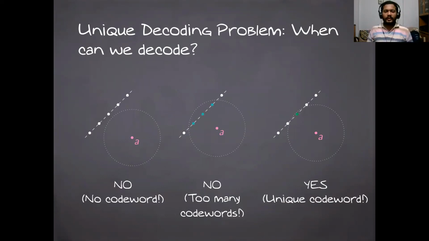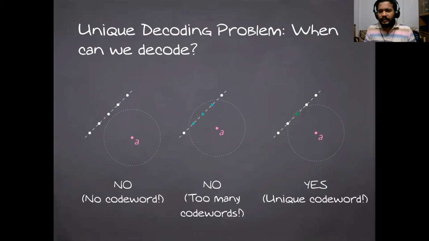So what do we mean by unique decoding? Given a code word C, if the corrupted word is A, then we would like to decode A and obtain the unique value C. So we want exactly one answer for the correct code word. A list or a set of possible answers is not good enough. We will want to know what is the exact correct code word corresponding to the received corrupted word. So it comes with certain limitations. We cannot always do that. So there are a few cases that I would like to talk about.